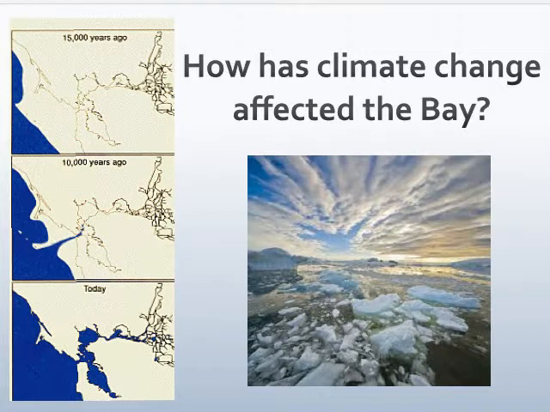Over the last 15,000 years, climate change has shaped the bay and North America as a whole, as the glaciers receded and ice melted. As these glaciers receded, it filled certain areas of the bay in with different types of mud, rock, and also water. Several thousand years ago, earthquakes moved certain areas of the California coast up and others down. And now today, we have a nicely filled in San Francisco Bay estuary.